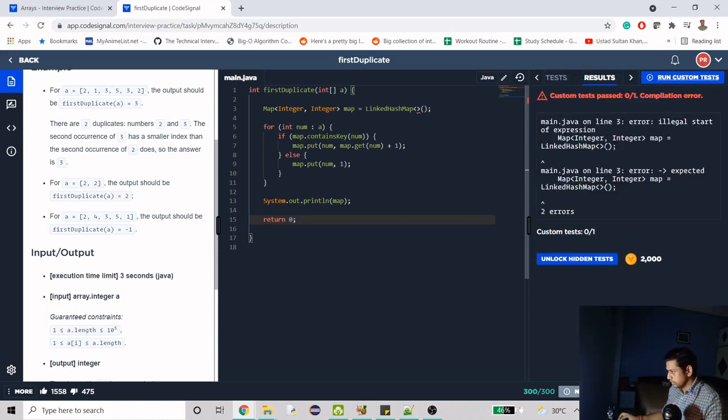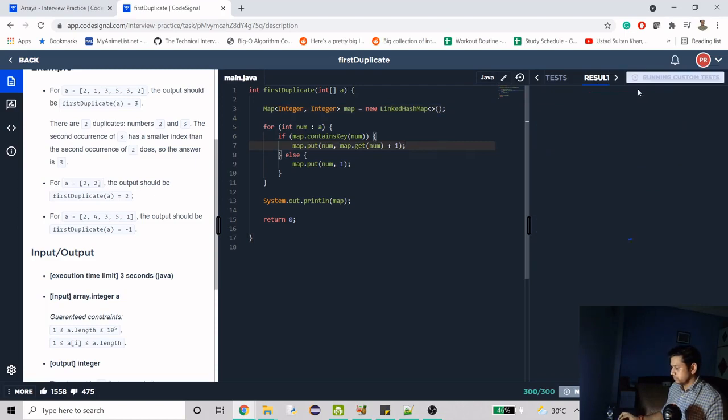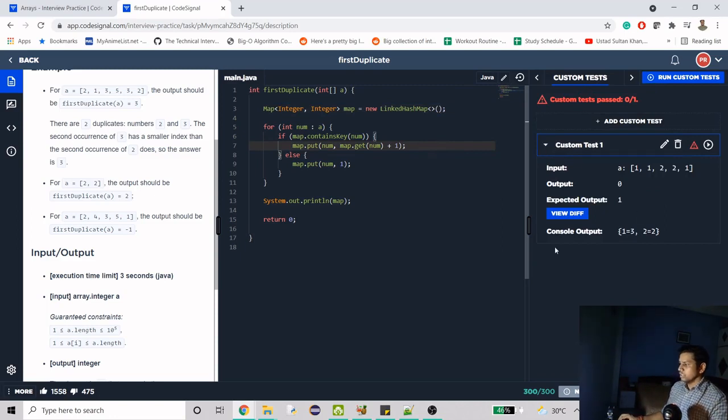Okay, so I'm getting an error. I forgot the new keyword. So it is obviously failing, but you can see that we have the map, and here number 1 is being repeated thrice and 2 twice, right? And we are getting that.